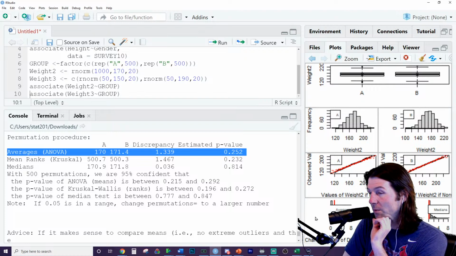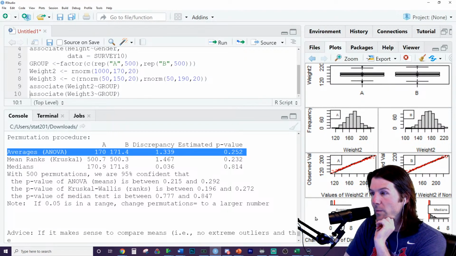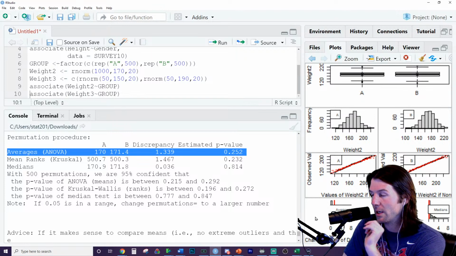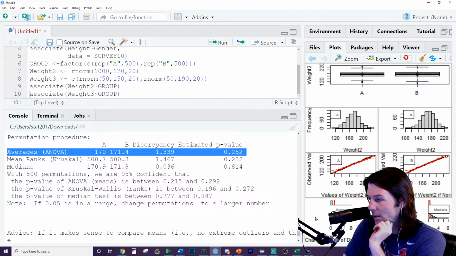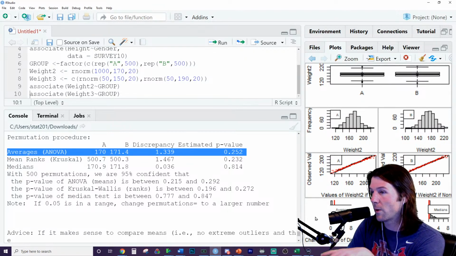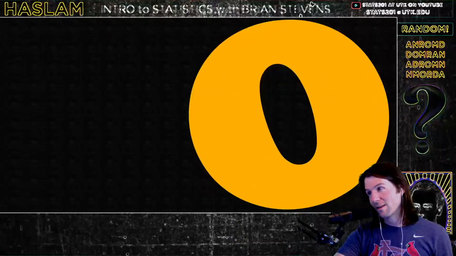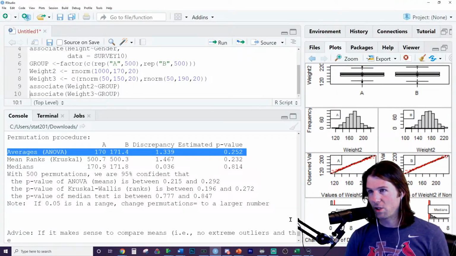We have an F ratio of 1.339, meaning that the differences we observed between groups were about 1.3 times larger than we would have expected due to random chance, given that there are no differences between the groups. Hint for your assignment: we observed a difference that was 1.3 times larger than what we would have expected via random chance, which is not that much bigger. Lucy, great word right there: likely. Not that it is by random chance, it's just likely. When we think about a p-value, it's a probability. So these differences are likely by random chance.